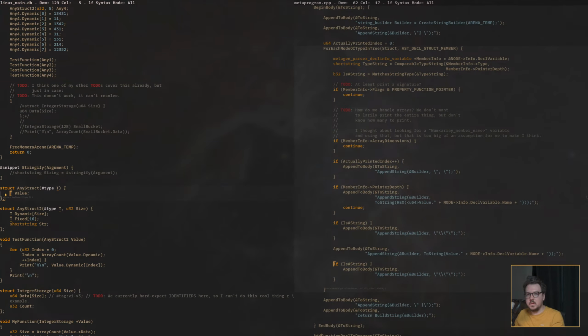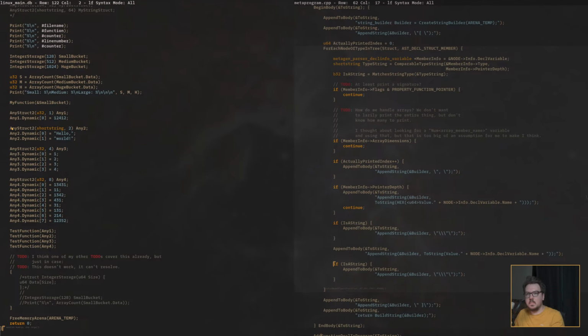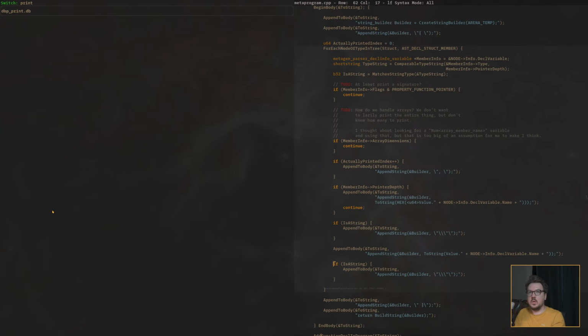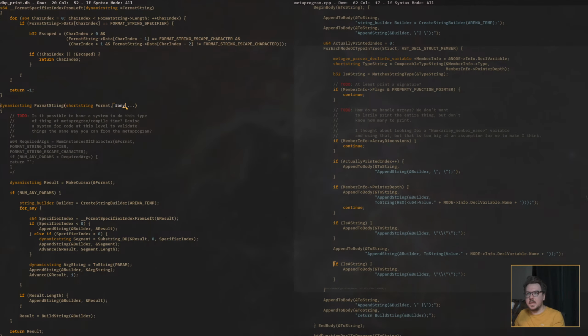So for example, you can define structs and pass it types to dynamically create them. They're like templates in C++. So like any struct, you can pass it stuff. And you can create functions, and I have this any keyword that you can make a parameter of type any, and it'll generate those functions on the fly based on when you call them.